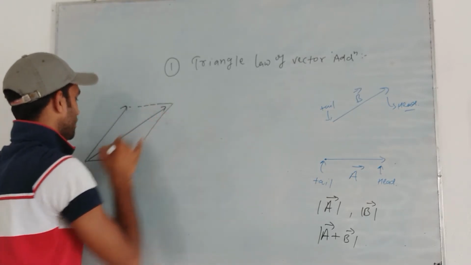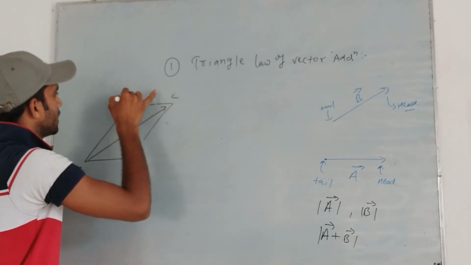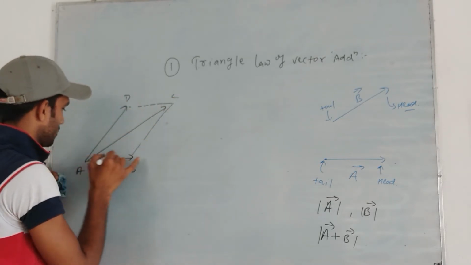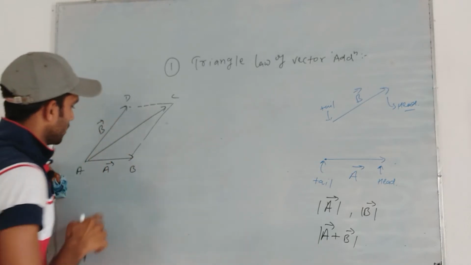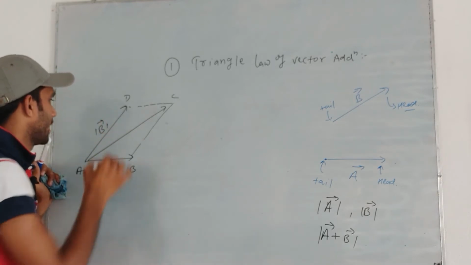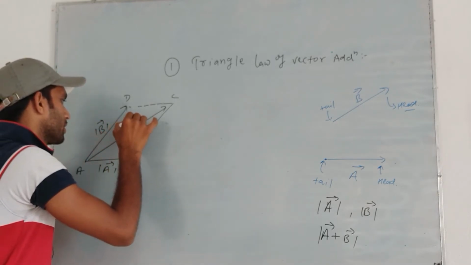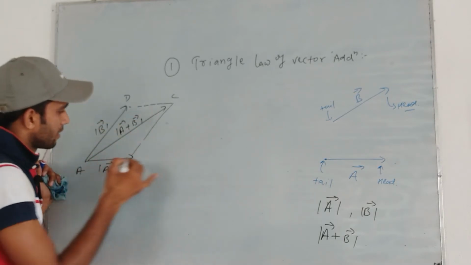and this is your diagonal of this parallelogram. This is point A, B, C, D, right? And this is your vector A and this is your vector B, right? So keep it simple and take it as a magnitude of A and B, and this is your magnitude of A plus B, right? So this is your resultant vector.